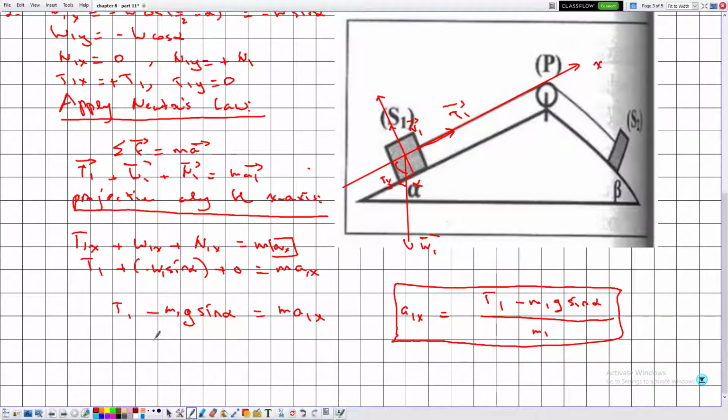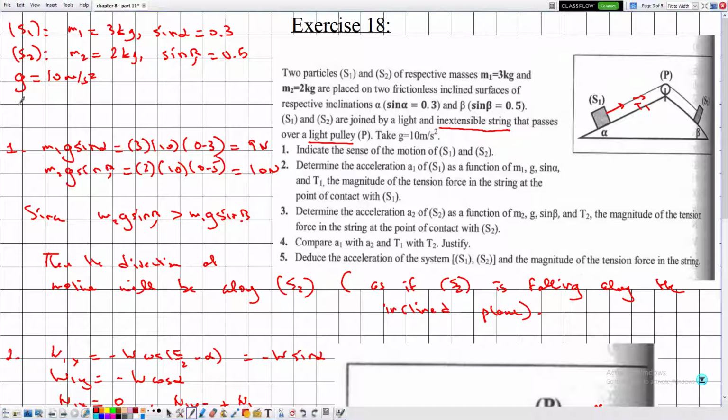And now we are interested in the acceleration and not in the x component, but we know that A1 is equal to the square root of A1x squared plus A1y squared, and this is 0 because there is no motion along the y-axis, so this is simply A1x. So we have determined the value of A1, which is given by T1 minus M1 G sine alpha divided by M1. Okay, now we are done with parts 1 and 2. Now for part 3,